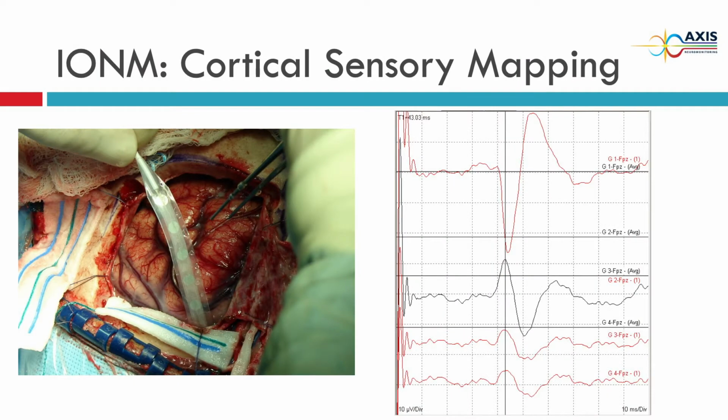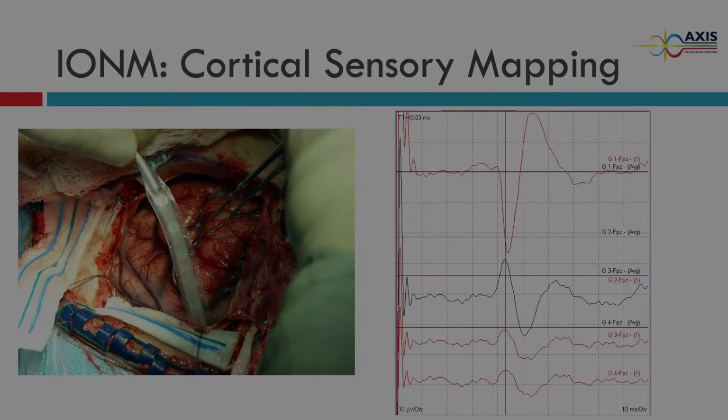This is the premotor response. The premotor response is down and up, and the postcentral N20 is up and down. So you have phase reversal between contacts 1 and 2. Contact 2 is the closest to the central sulcus, 3 is farther, and 4 is the farthest. So this is the central sulcus.